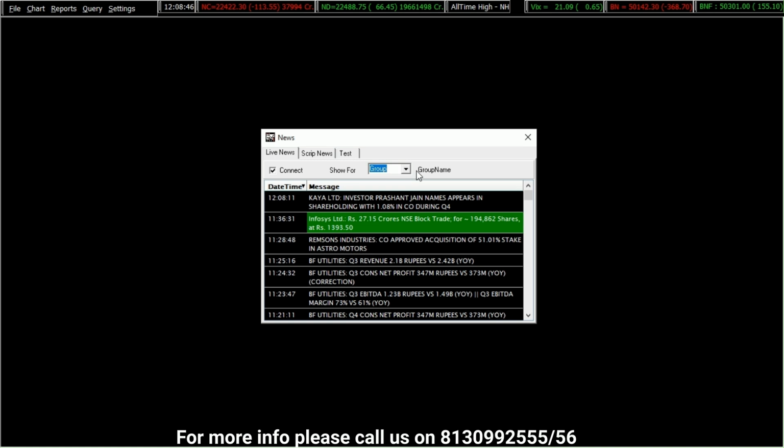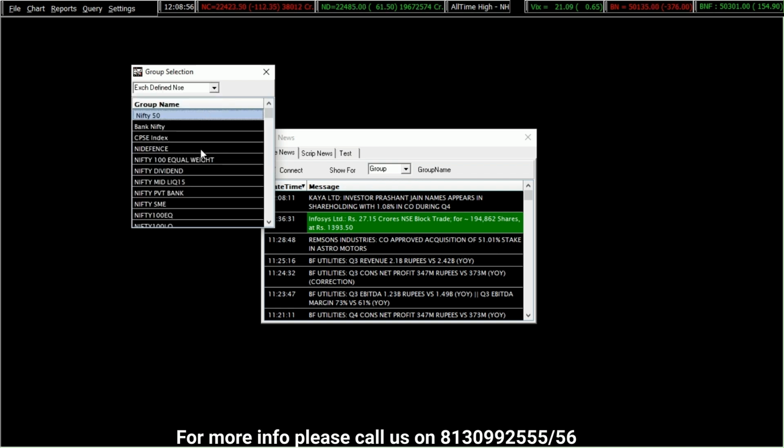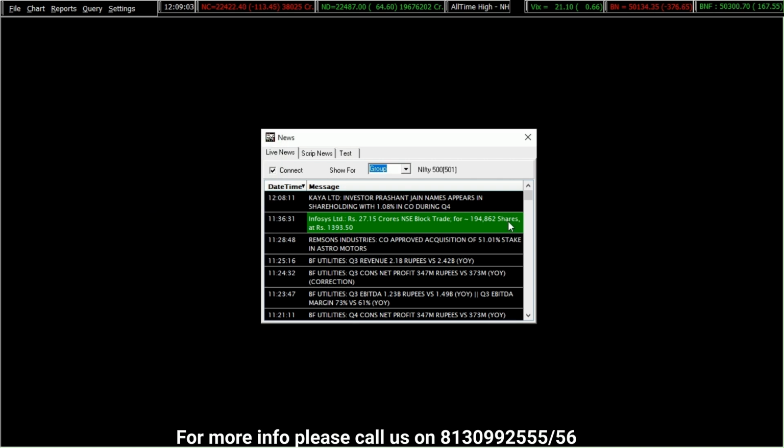Or if I want to select my particular group, I can click here and select any of the groups. Let's say I want to look for the news in Nifty 500 only. So I'll select the group from here, Nifty 500, and it will show the live news from Nifty 500